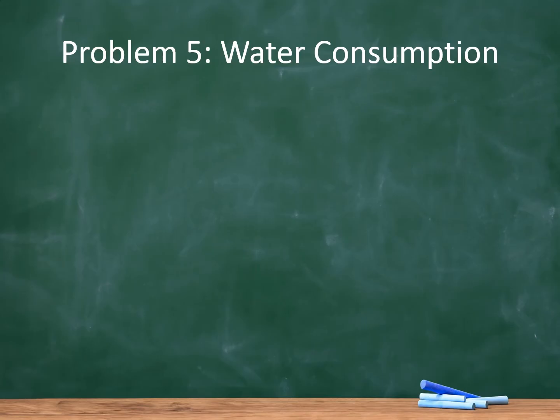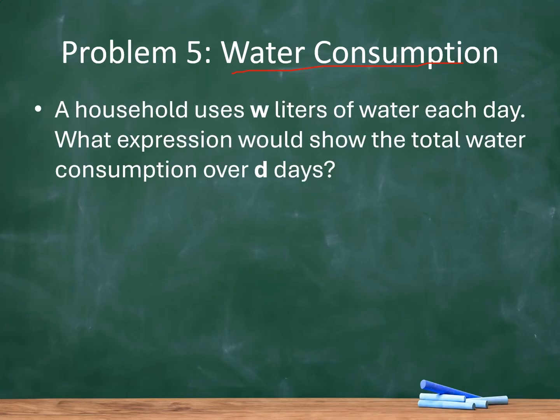Problem number 5. It's about water consumption. A household uses W liters of water each day. We do not know how many liters of water a household can consume each day, so we will use W to represent that. What expression would show the total water consumption over D days? So we do not know how many days the household used water, so we will use D